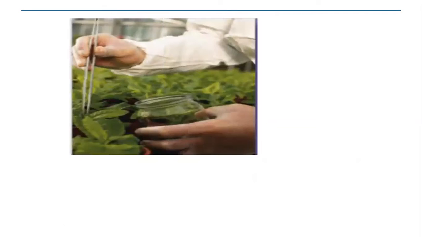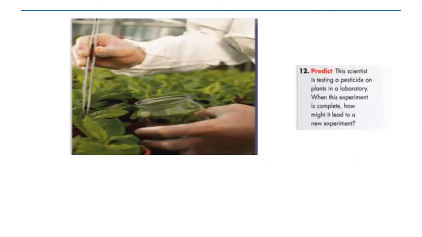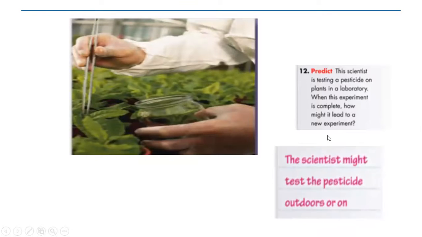Now, look at this scientist. This scientist is making a test for this plant. This scientist is testing a pesticide on plants in a laboratory. When this experiment is complete, how might it lead to a new experiment? The scientist might test the pesticide outdoors or on